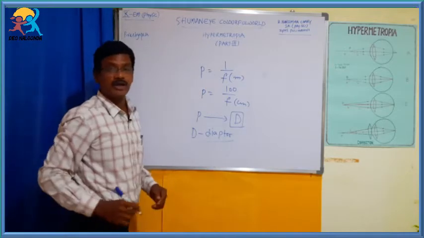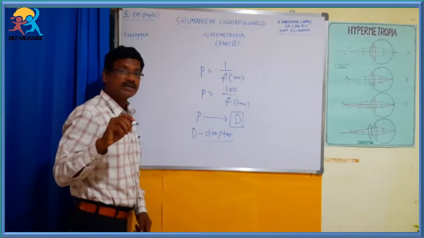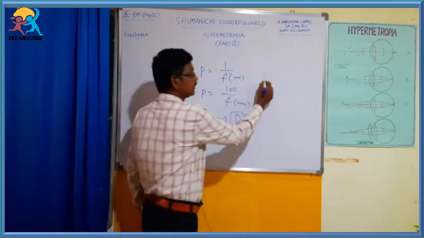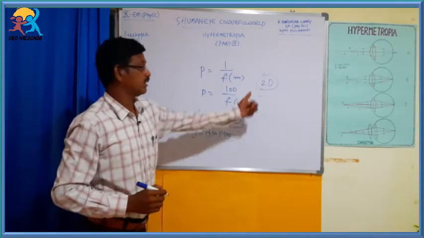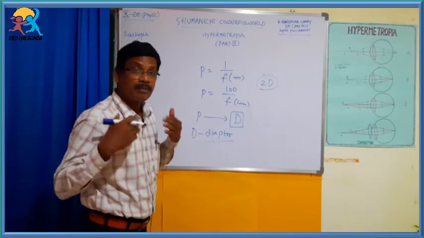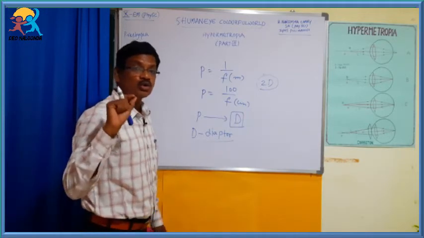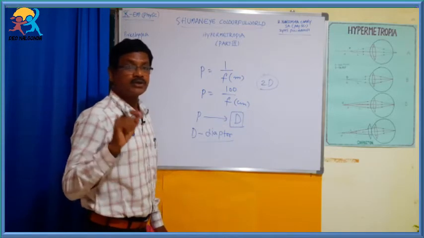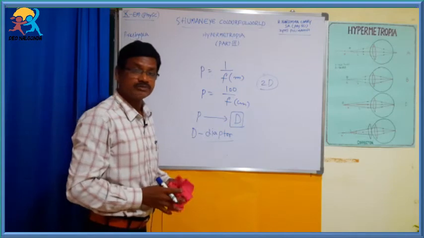D is called diopter. When you consult the doctor, they write down D with some number, for example 2D, 2 diopters. The person requires the lens concerned to 2 diopters. As such, power is expressed. Now, let us go through one example related to this power of lens so that we understand how diopter is